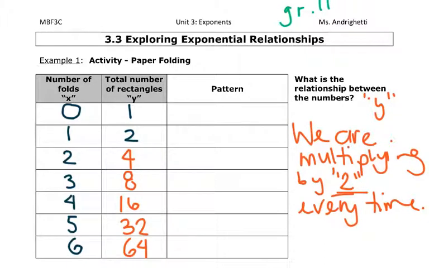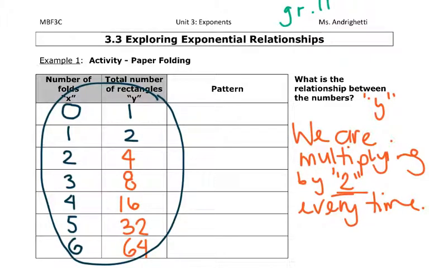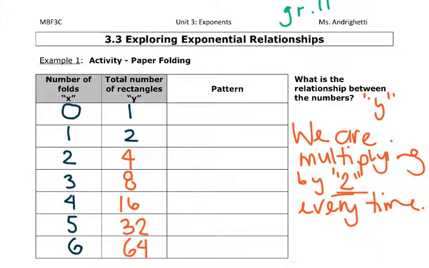We are going to plot these x and y's on a plot. That's what we're going to do in our next activity. And when we do plot it, it's going to form a graph called an exponential relation, and it's going to end up looking something like this. So don't worry about copying this. But in order to prove that our pattern is multiplying by 2, and that in fact is an exponential relationship,